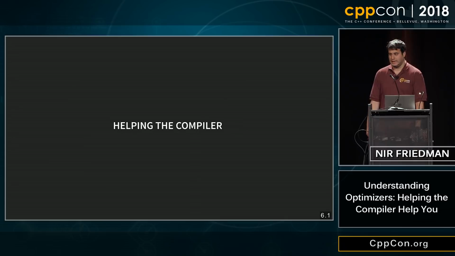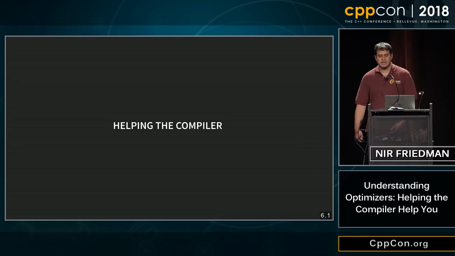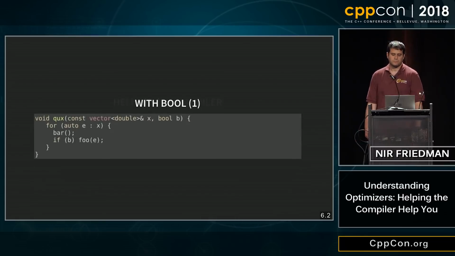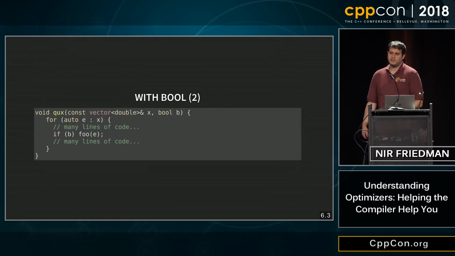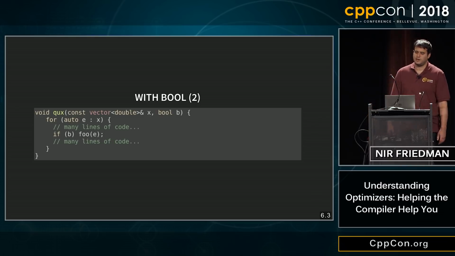I don't know. Okay. So in this section we're going to talk a little bit about how to write code a little differently to help the compiler. This first technique I call with_bool. It comes back to our previous example where we have a Boolean in a loop. Compilers are not very aggressive about pulling a Boolean out of a loop, even at O3. And I actually understand where the compiler is coming from. It duplicates a lot of code, and the branch predictor is good, right? So that branch doesn't cost much necessarily.